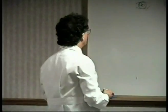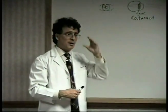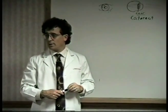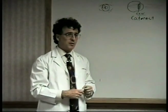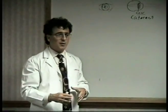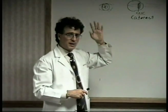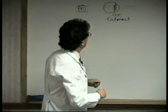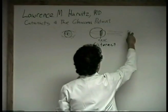And now we have intraocular lens implants that do the same thing for us, so that today not only do you not have to wear the thick glasses, but you may not have to wear the moderately thick glasses you wore before, because we can correct the nearsightedness or farsightedness to pretty close to no glasses for distance, unless you have astigmatism, and we're even working on techniques for that too. So we're moving toward no glasses as a result of our cataract surgery. But when the lens comes out, you have to replace it with what we call an IOL,